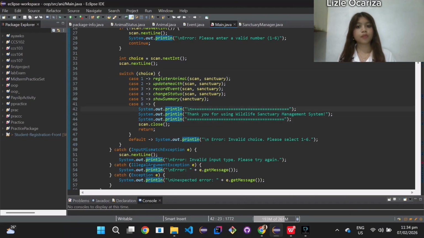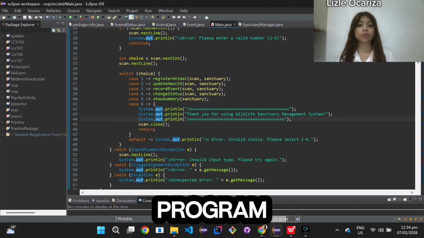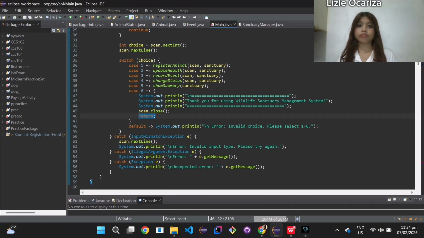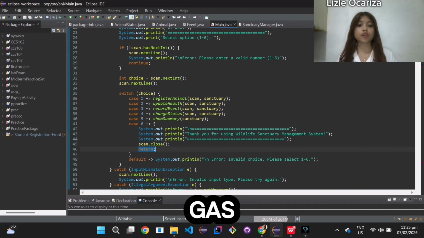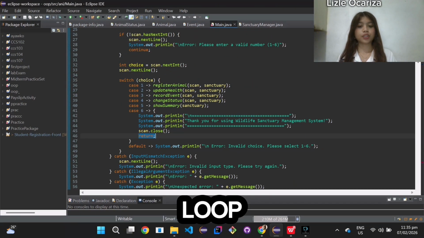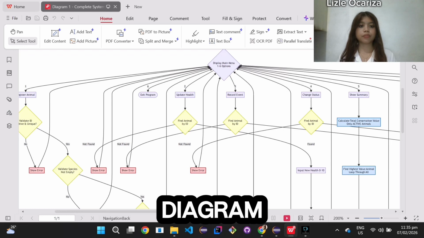Why did I say that? Because whatever number the user chooses, the program jumps to the matching method. Each method does its job, finishes, and control goes straight back to the menu loop. So that's what I explained earlier in the diagram.